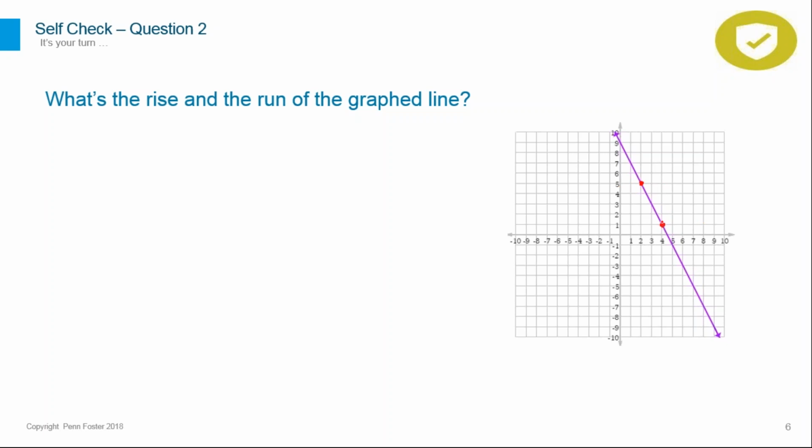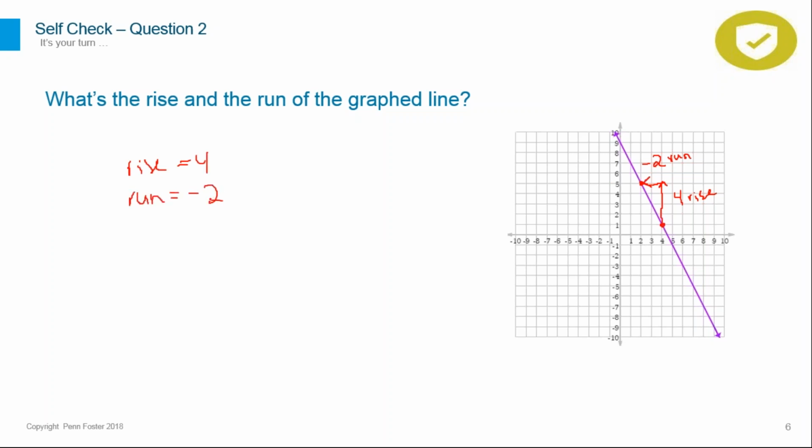So we have to go up 1, 2, 3, 4 units. So 4 is the rise. And then for the run, we have to go horizontally to the left. So 1, 2, and that would be -2 for the run because we did go to the direction of the negative values on the x-axis. So the run in this case will not be 2, will be -2. So in this case, the rise equals 4 and the run